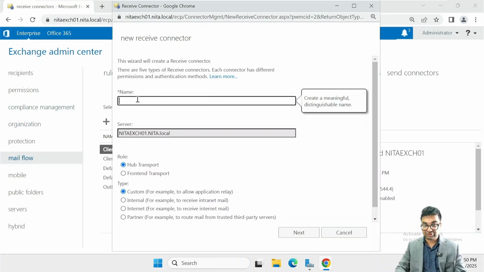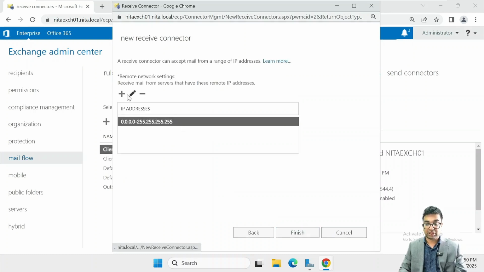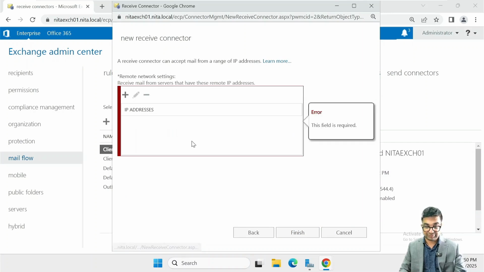we are going to use something like, let's say, netsoftakademy.com. I select front end transport and I select internal. So this is for intranet mail, and click on next. Now I'll quickly remove this entire range of IP addresses